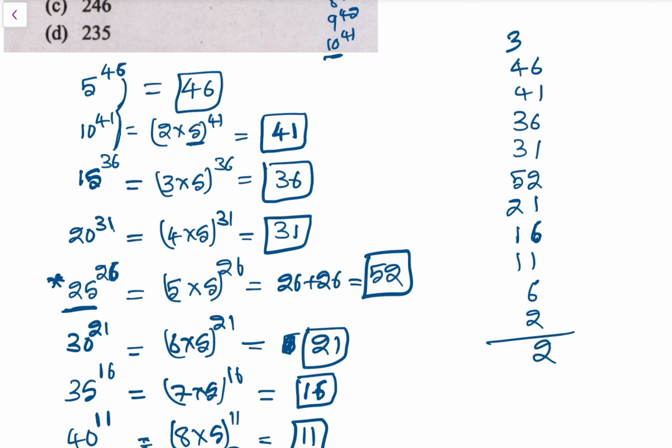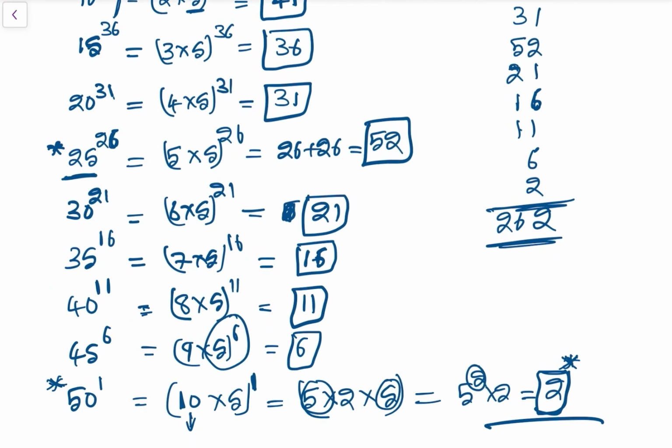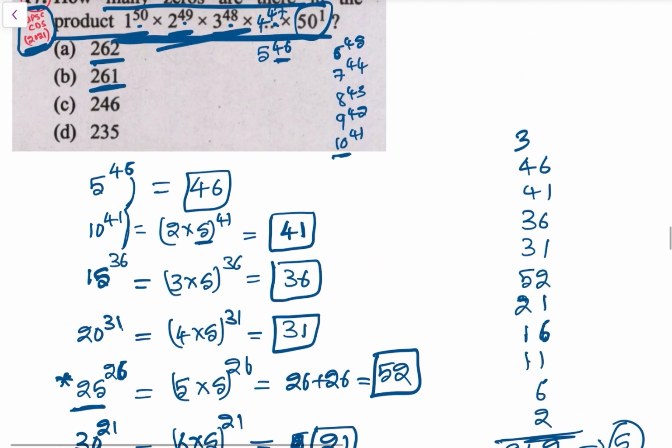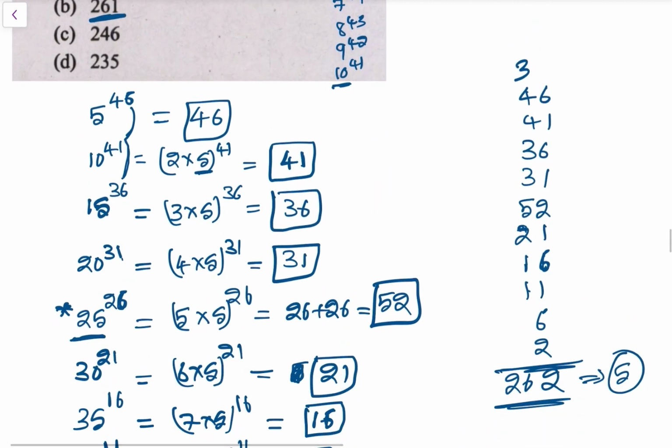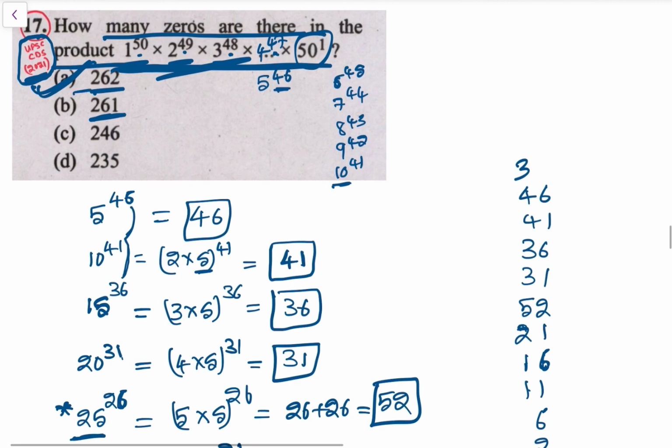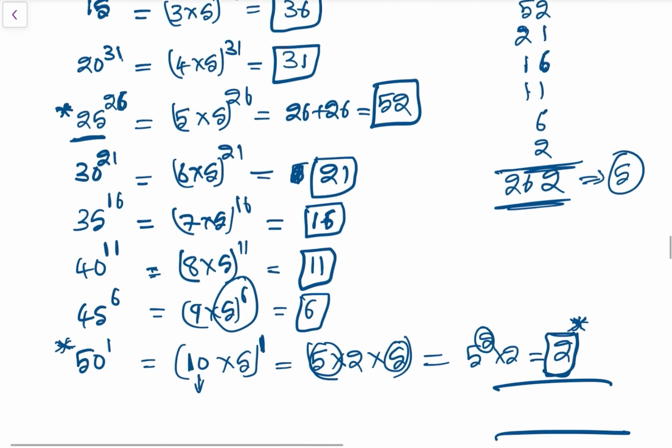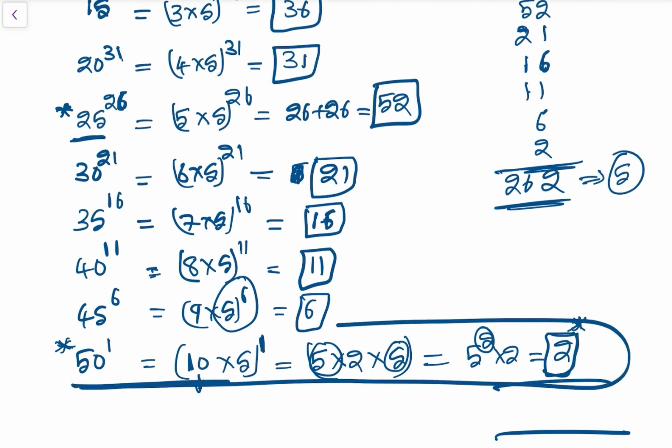Now 4 plus 4 is 8, 8 plus 3 is 11, 11 plus 6 is 17, 17 plus 5 is 22, 22 plus 2, 24, 25, 26, so 262. So 262 5s are possible, 262 5s and 2s तो बहुत होंगे, so overall 262 2s और ये possible है। So अब इधर ये भी important है, this point if you take 1 here, ठीक है, अगर 10 का नहीं लिया,